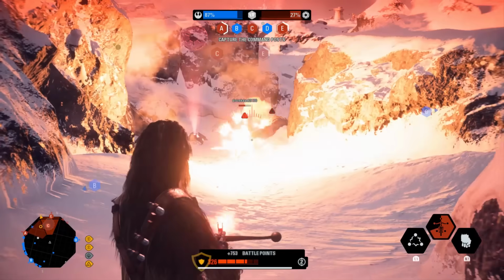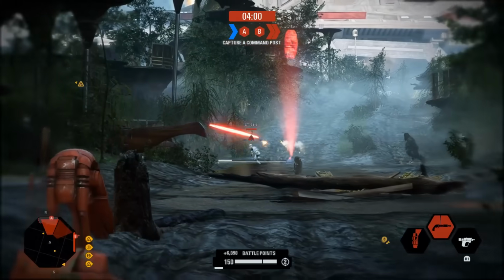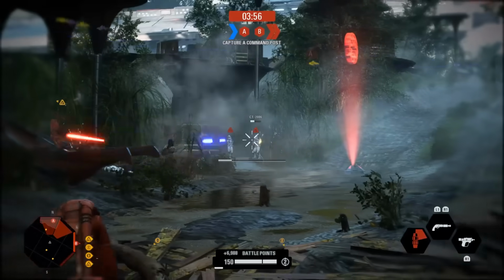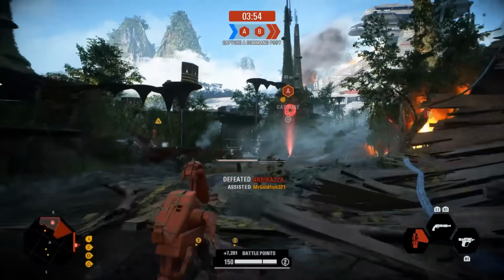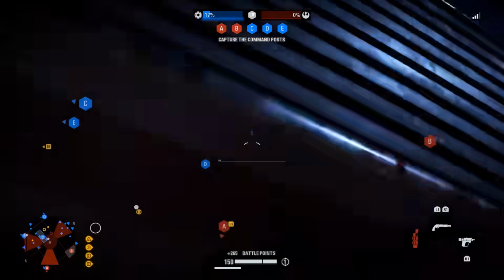Personally, I found the Assault class's EL-16 HFE the best weapon to practice leading my shots with, as the bolts come out relatively slower compared to the other weapons, and it really lets you see how far you need to lead. Our next tip has to do with one of the most popular aspects of Battlefront 2, and that is